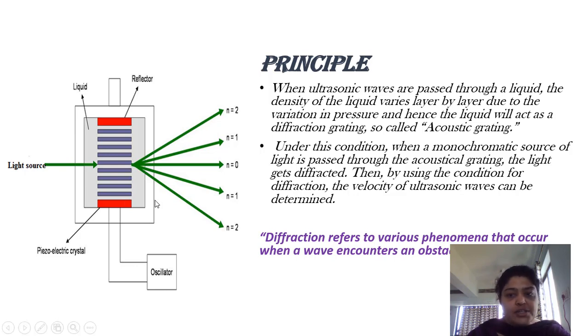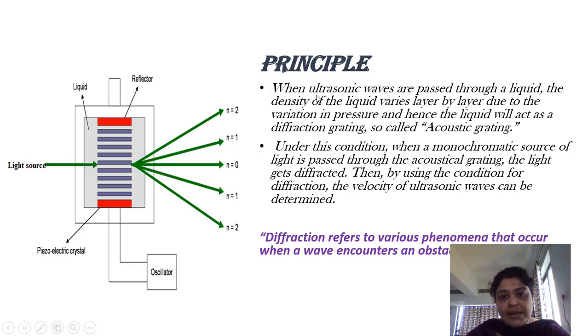What do you mean by diffraction? Diffraction is a phenomenon which occurs whenever a wave encounters any slit or obstacle. So when you pass this light source through the liquid, this liquid appears to be normal, but because of the formation of nodes and antinodes, there has been a variation in the density of the liquid. So whenever a light source passes through it, you can say that this source has encountered many slits, and that is the reason it diffracts. You can see the central maxima, first order maxima and minima, second order maxima and minima on the other side, right?